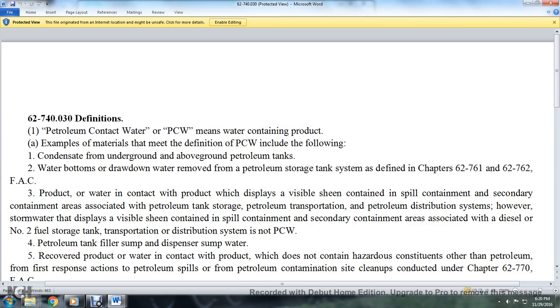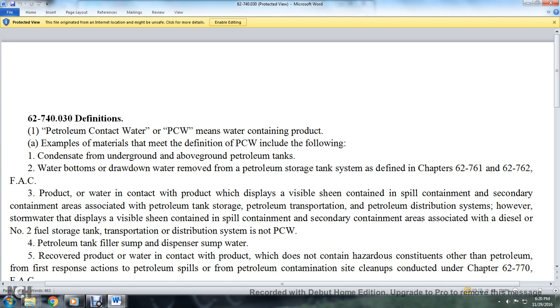All right, 62-740.030, definitions. The chapter is called Petroleum Contact Water. 62-740 is petroleum contact water. One, petroleum contact water means water containing product, with examples of materials that meet the definition of petroleum contact water including the following: